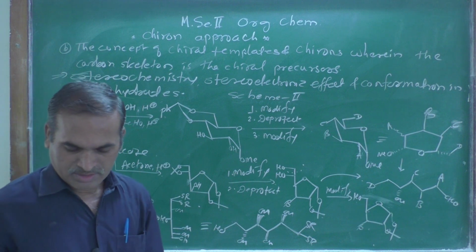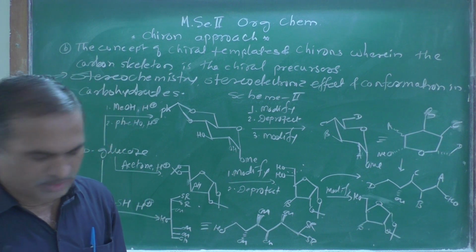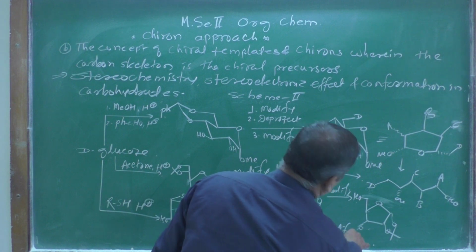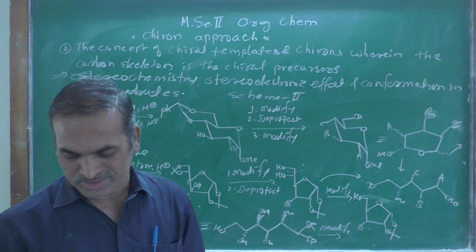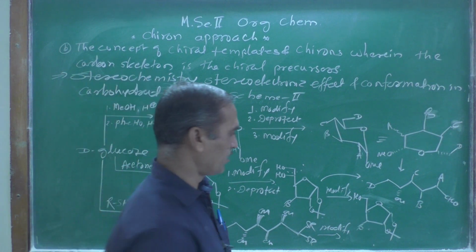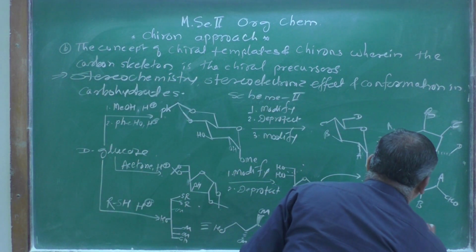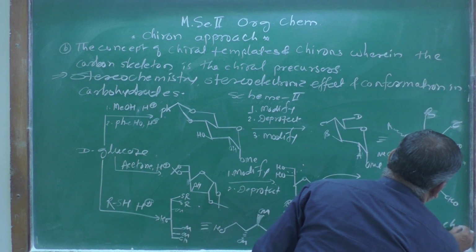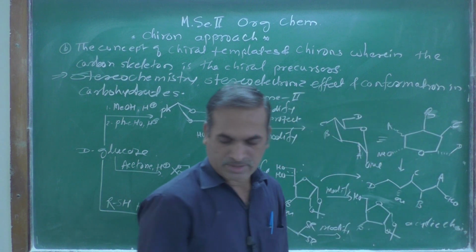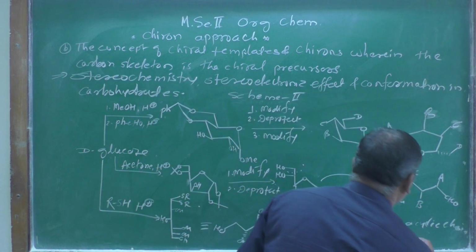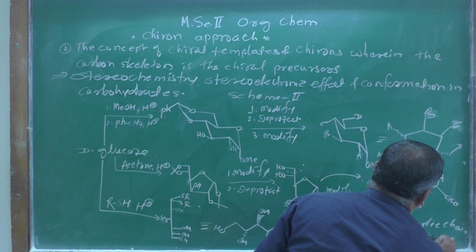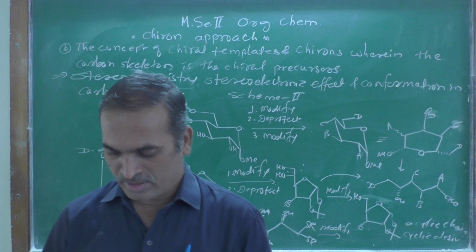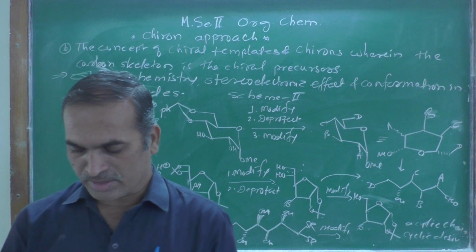So this is a structure, or you can modify it, and what do you get? You get a cyclic chain as well as cyclic derivatives. This is scheme number 2, and in this way